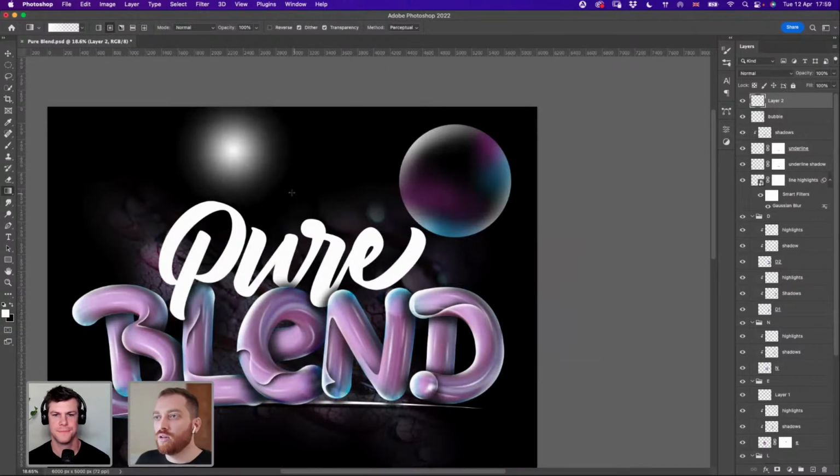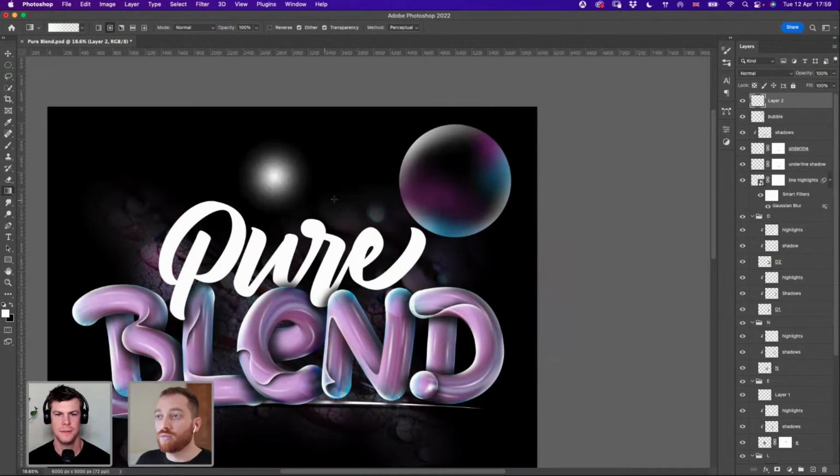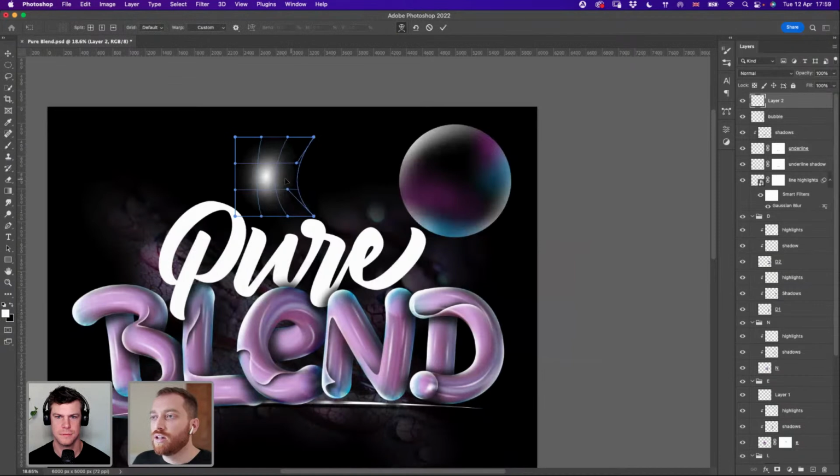So you can create this light, and then if you press Command T, you can free transform it and shape it like this. Then you can do something like that. That's a cool way to do it. Yeah, very cool way. And the light can be more smooth, and you can have more realistic results.